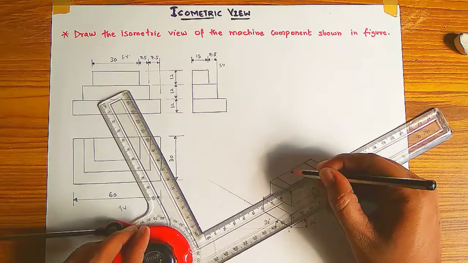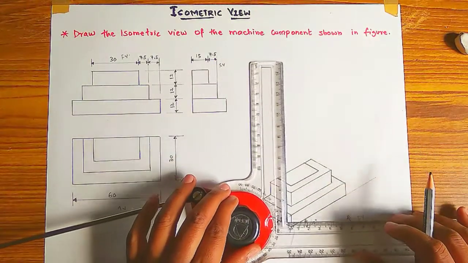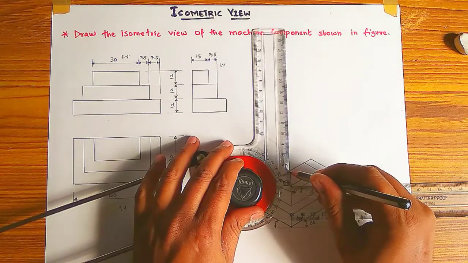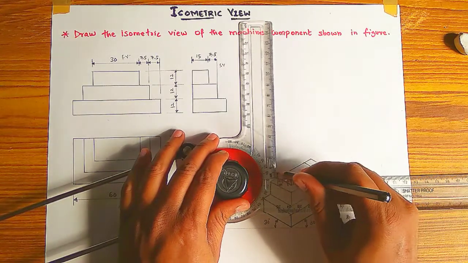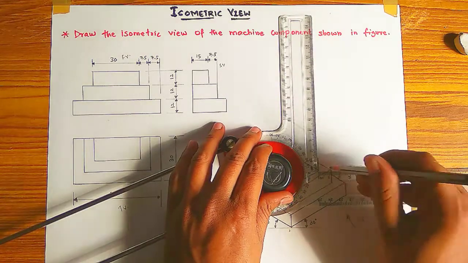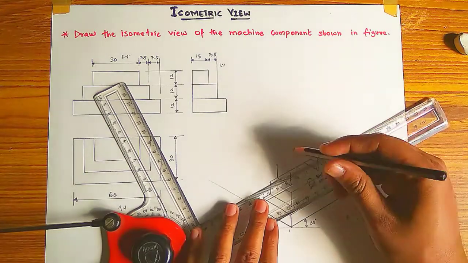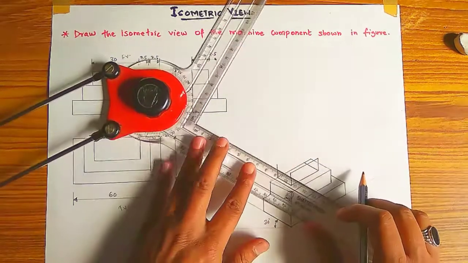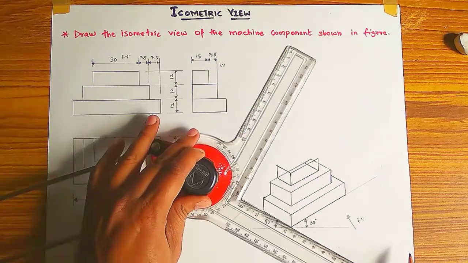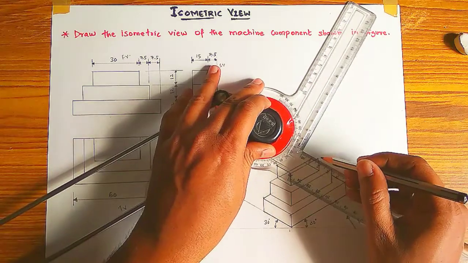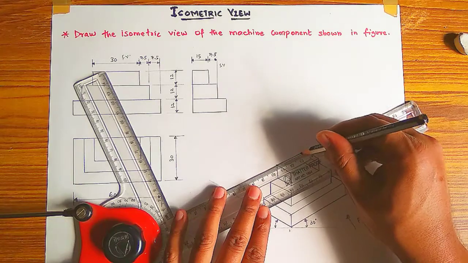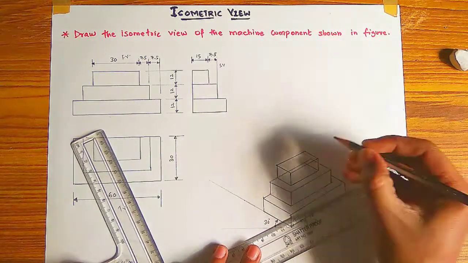And the height is also 12 mm. So we have to take 12 mm height according to this perpendicular line, 12 mm like this, 12 mm, 12 mm, then join this. This line is 15 mm, so parallel to this line only we have to draw a 15 mm line from here also and join this. Okay, and this is the solution.